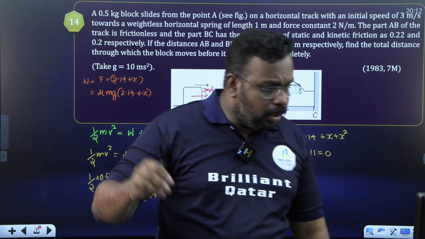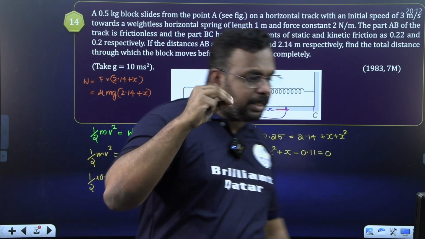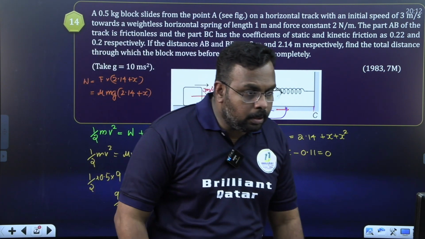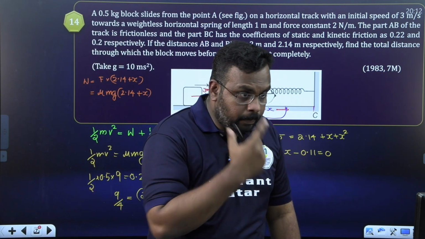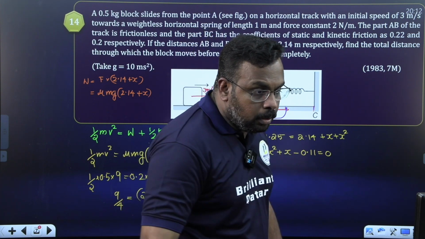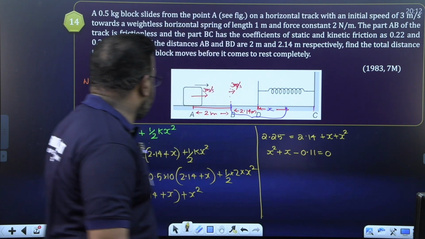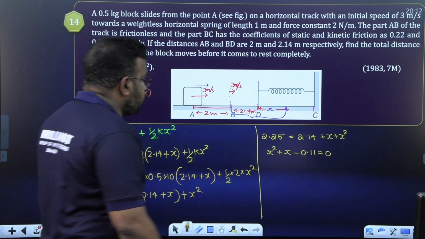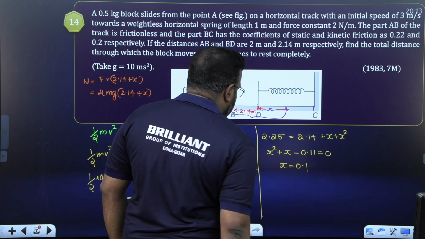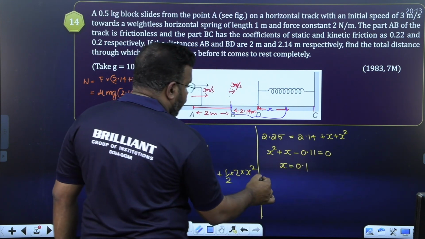What is x value? Aditya, what is x value you got? Yeah, x will be 0.1, correct. Solving this we get x is equal to 0.1. So the total displacement